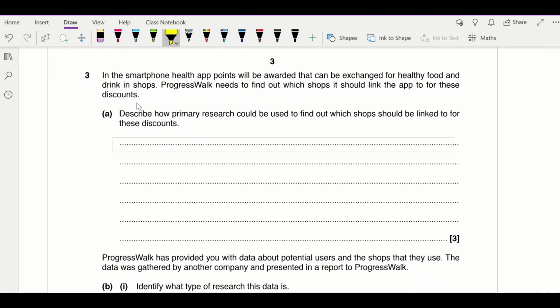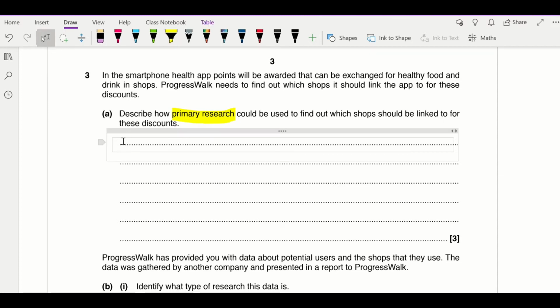So question number 3 is a question which seems to trip up lots of students. It says, in the smartphone health app, points will be awarded that can be exchanged for the healthy food and drinks in the shop. Progress Walk needs to find out which shops it should link the app to for these discounts. And it says, describe how primary research could be used to find out which shops should be linked to for these